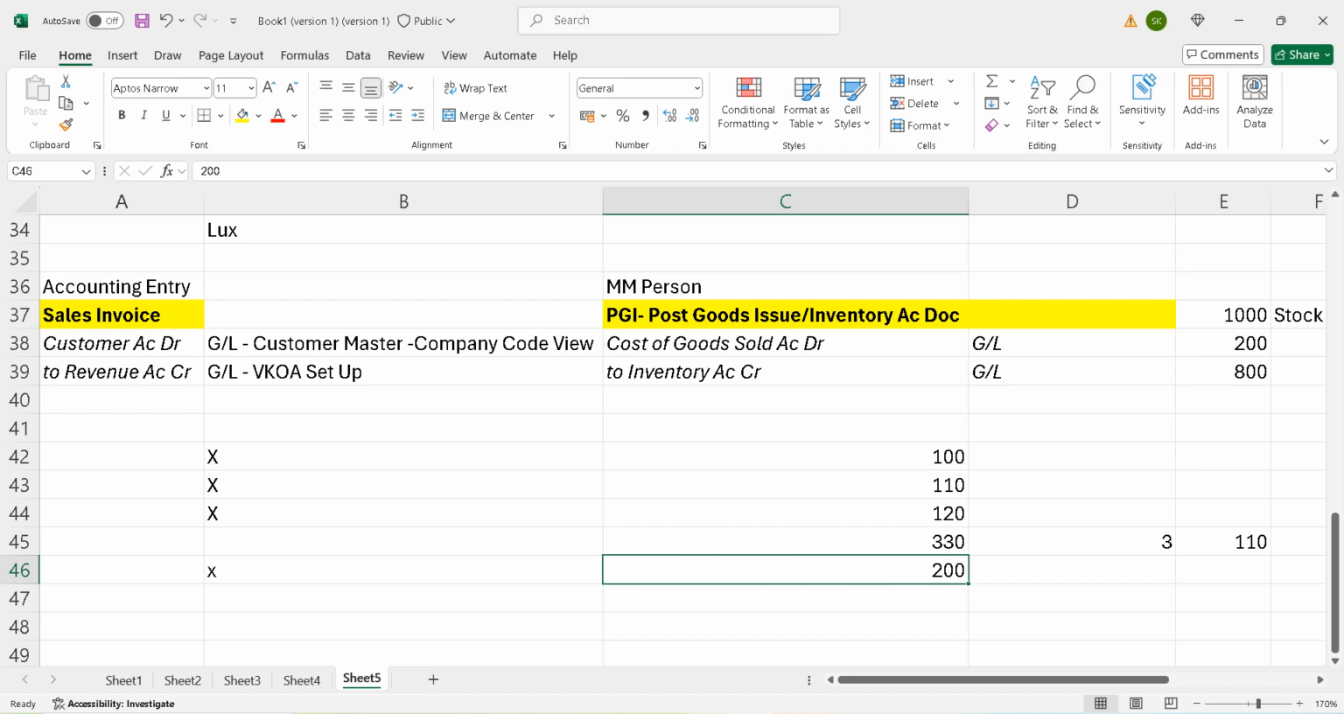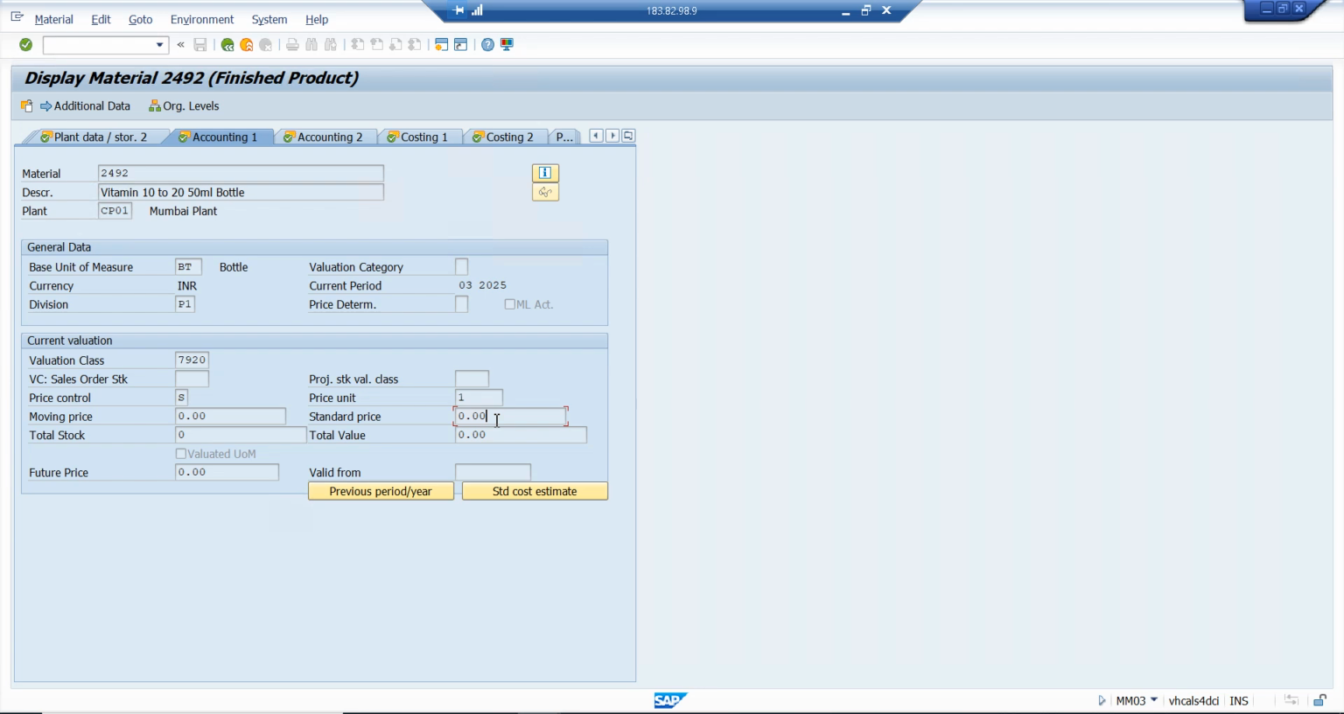Okay, the cost, for example, whatever cost we are maintaining here, for example 100 rupees. Okay, here you can write down a question. If you do not maintain cost in material master, then system will not